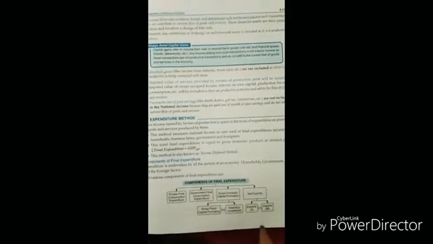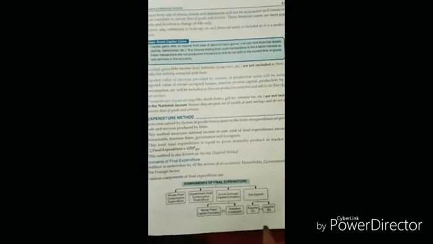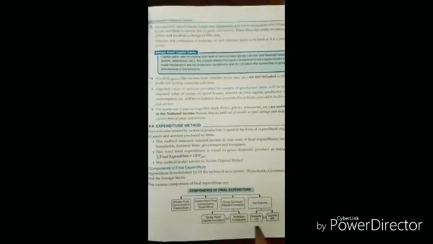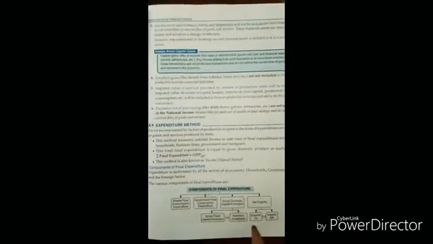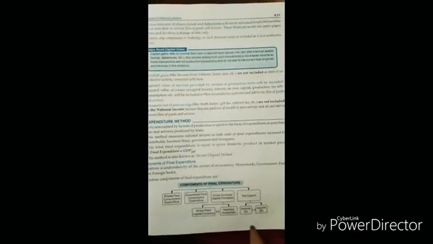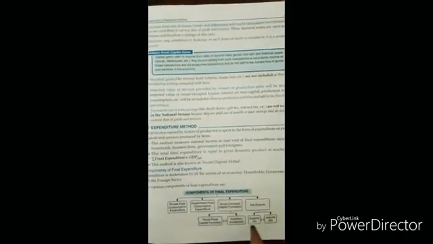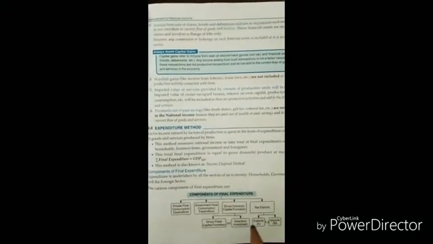Windfall gain, that is, if you get something by luck, is not a productive activity. You haven't done any productive activity, you haven't done any work for it. You get income from a lottery just like that, you didn't sweat or work for it, so that is windfall gain, and it is not to be included. Imputed value of services provided by owners of factors of production will be included. We have studied what imputed value means in our last video, so this is to be included.